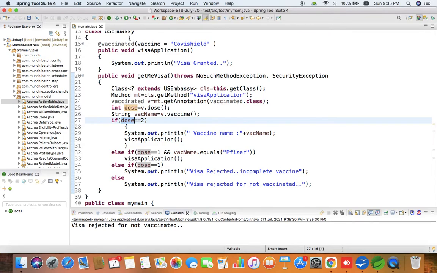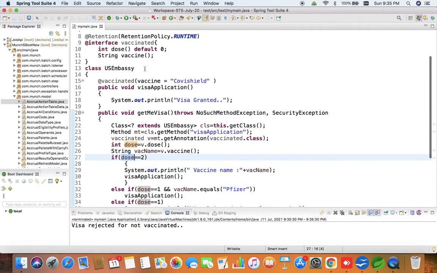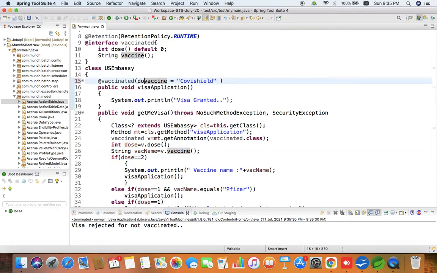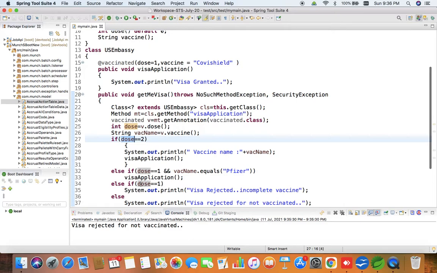If I use this dose attribute and specify the value 1, then what is going to happen? It's not going to satisfy this if, but in the second else if, the dose is 1 but the vaccine name is not Pfizer, so it is not going to satisfy this one either.